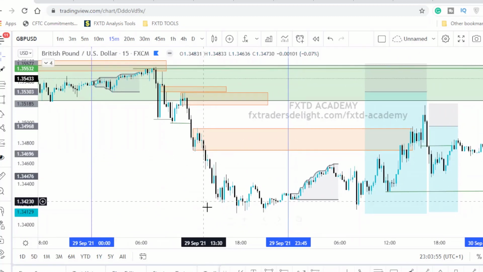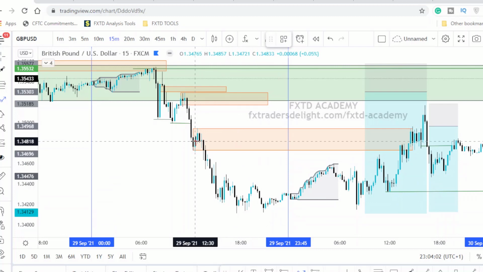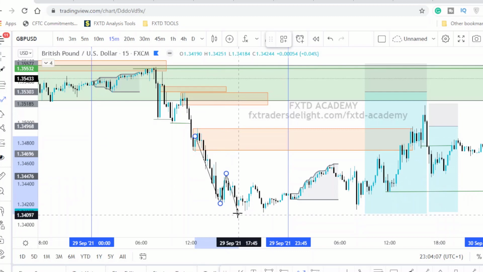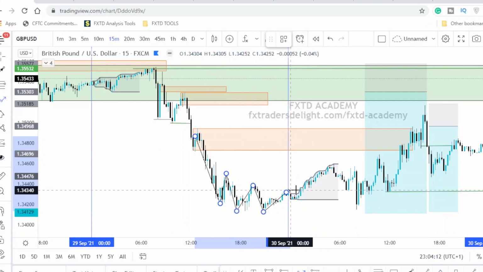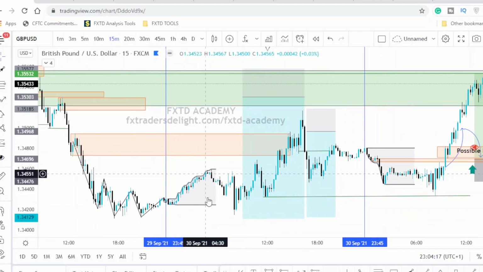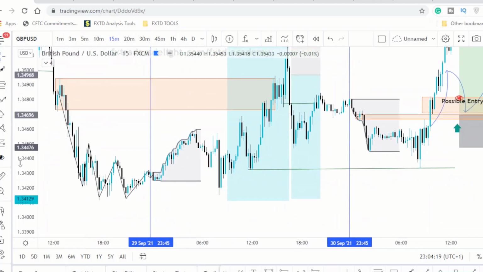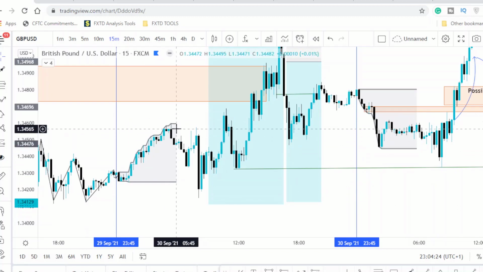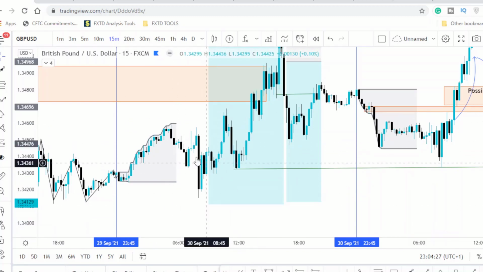Now as price rallied back down, what you should be looking for is only a selling opportunity as the market continues to form a lower low, lower high, lower low. And this is another day, right? This is another day, and this is a Thursday. So what we see right here is that after the Asian session had formed, this is the pre-London session open. Price formed